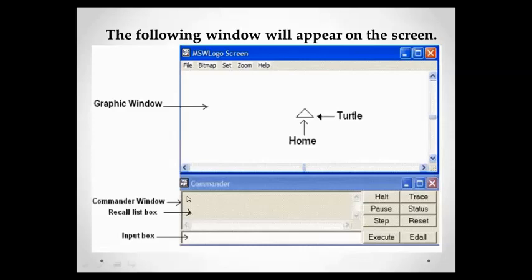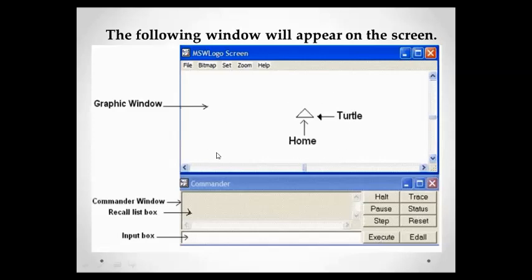Under the recall list box, you will see all the Logo commands which you have already given to your computer to execute. Once you have written the Logo command in the input box, you can execute it either by clicking on the execute button or by simply pressing the enter key on your keyboard.